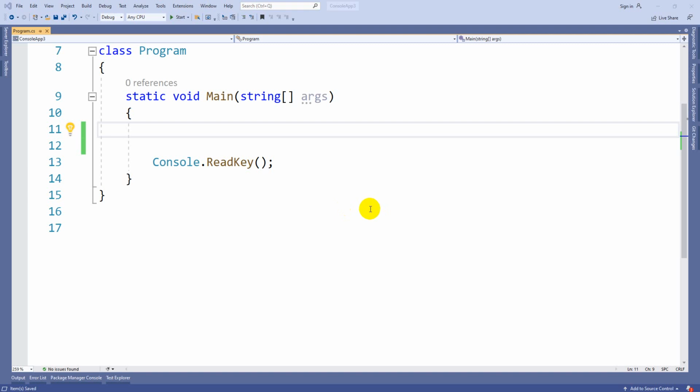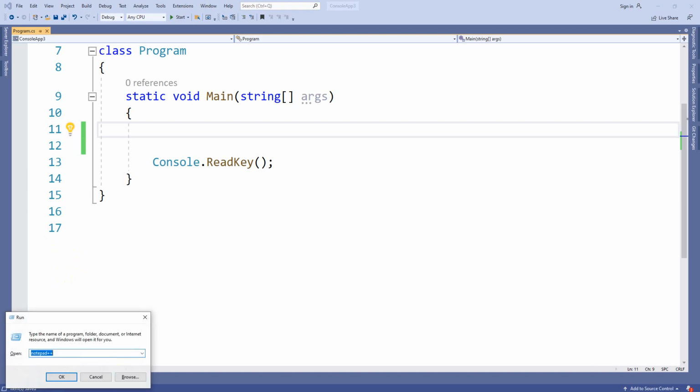Yeah, guys. The next topic is arrays in C#. You are already aware of arrays. Whenever you want to store a single value, we prefer a variable. If you want to store multiple values, more than one value, belonging to the same data type, we are going to use arrays. Okay.